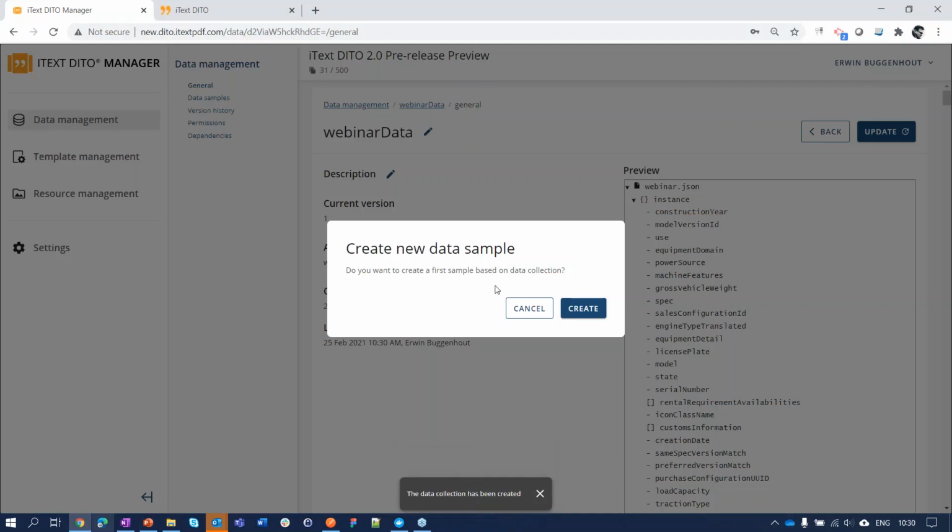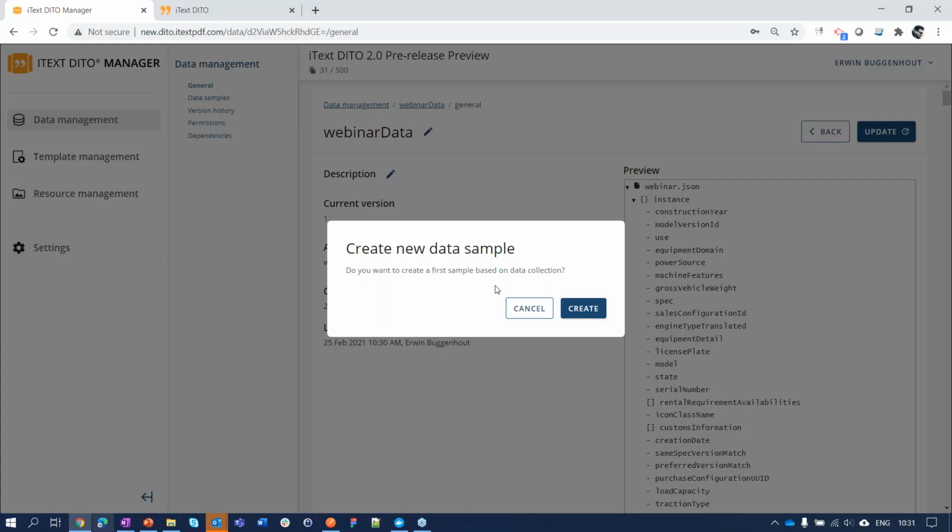The data collection will be used in combination with a template to actually drag and drop placeholders for fields, for field values that will be injected into the template at runtime, right? But before we are thinking about PDF generation, we still have to design our template. And when we are designing our template, you probably from time to time want to preview it. And to be able to preview it, we also provide a capability of creating data samples that you can use